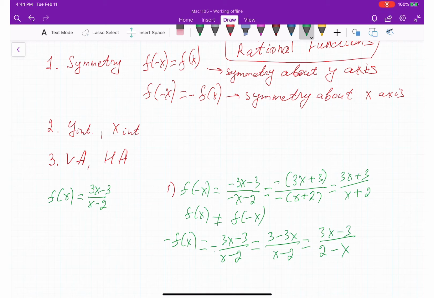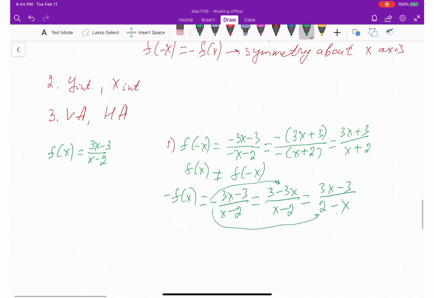So in this first case, I applied the negative to the numerator, where 3x became negative and 3 became positive. And in the second case, I applied it to the denominator, where x became negative and 2 became positive. So either one way or another. But more importantly, we can say that negative f of x is not equal to f of negative x, right? This is f of negative x, this is negative f of x. So it's not equal, which means it doesn't have symmetry. Next one